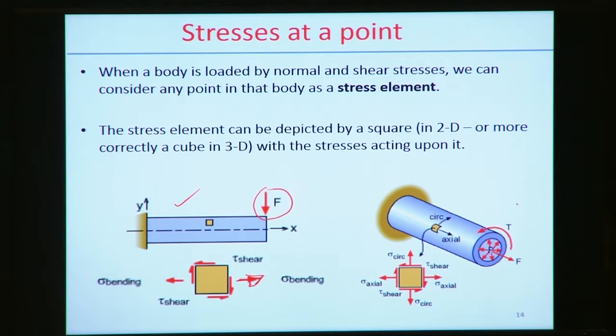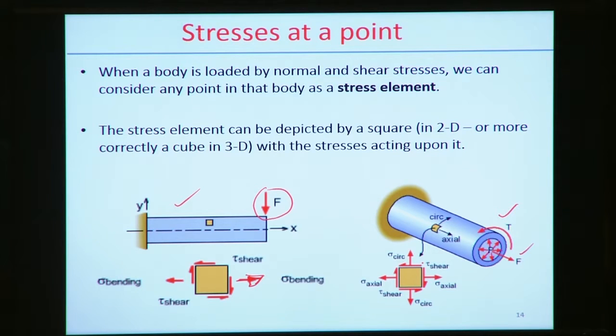Similarly, this is a round cylindrical element. It is subjected to a torque T, and at the same time it is subject to a normal load F. Now if we consider one element on the surface, then it is subjected to simply the axial load due to the application of the load F, but at the same time due to the application of the torque T, it will try to produce some amount of shear stress. And how it represents this element, it is like that.